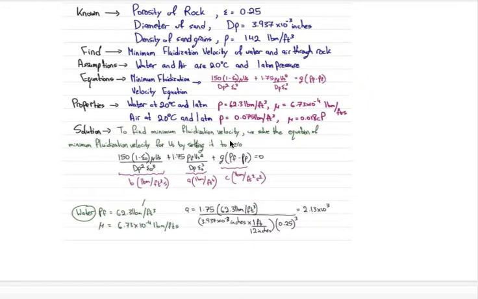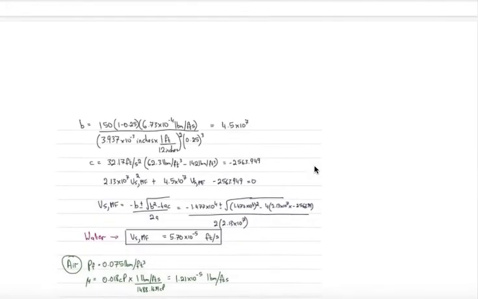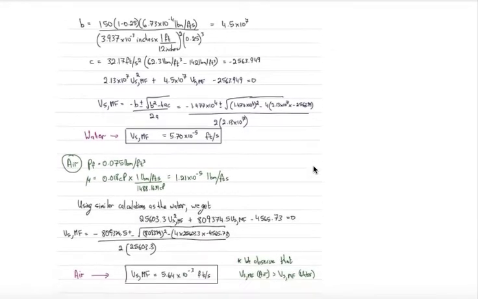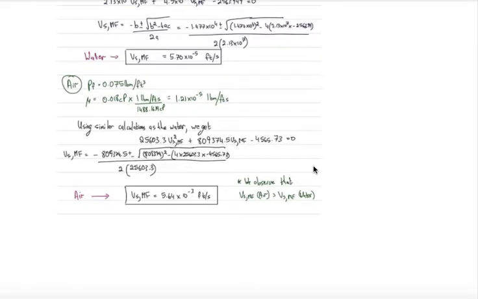So with this equation, you break it down into components A, B, C, and when you calculate that, you get water's minimum fluidization velocity to be 5.7 times 10 to the negative 5 feet per second, and then you get air's minimum fluidization velocity to be 5.6 times 10 to the negative 3 feet per second, which is greater than the